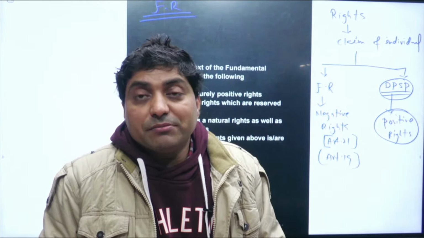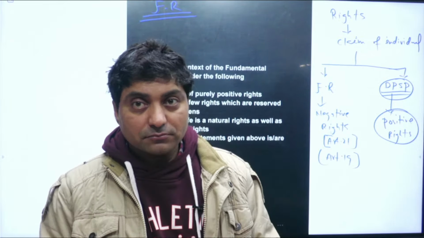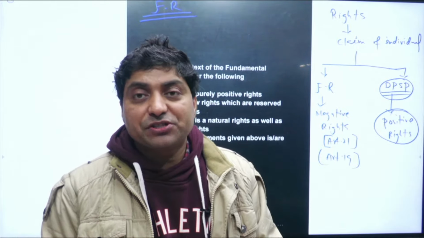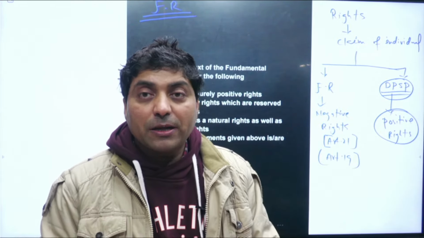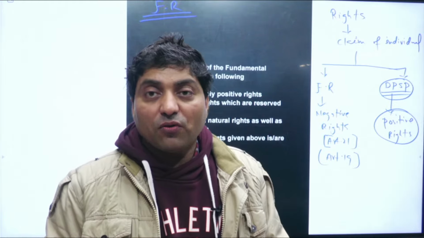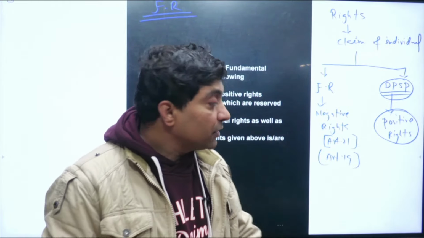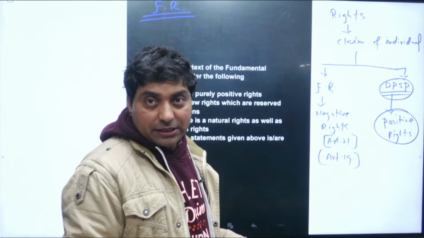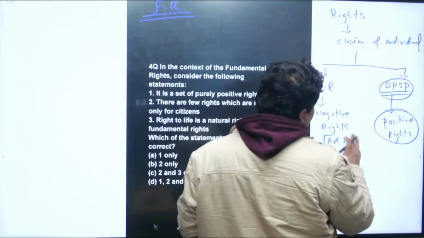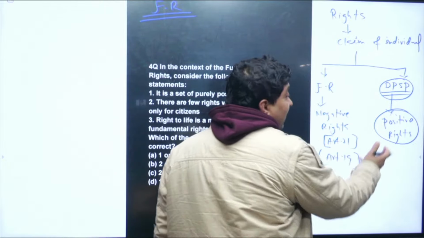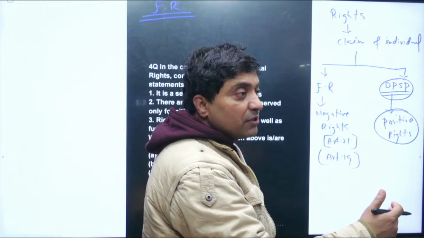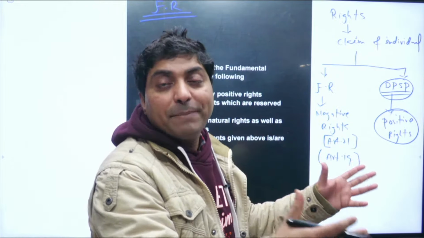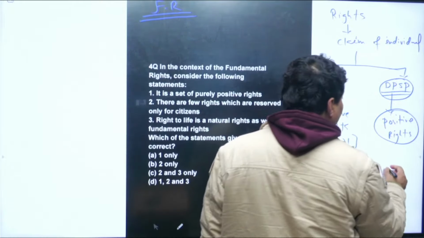If you remember the Romesh Thapar case, the Supreme Court said the right to freedom of speech and expression is an essential part of democratic life, an essential part of the Indian Constitution. So basically, Article 19 is also part of negative rights. Now, certain rights are positive, and they require state intervention so that an individual can enjoy better. For example, Article 15